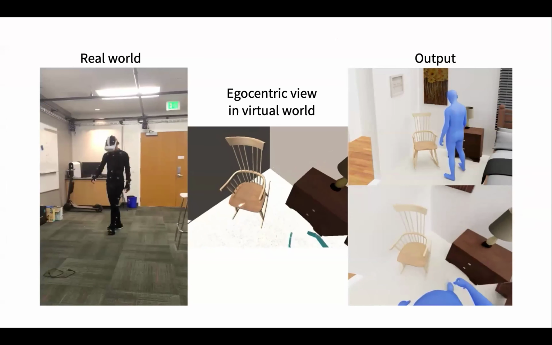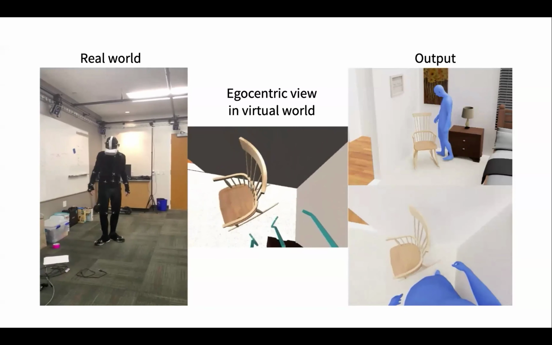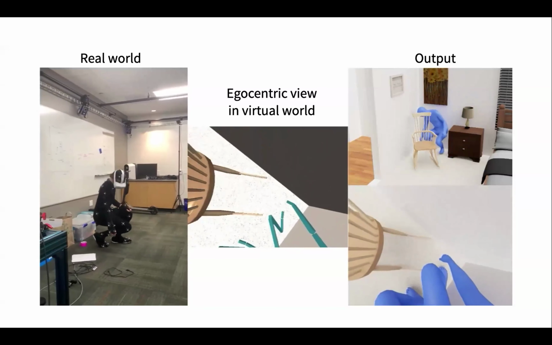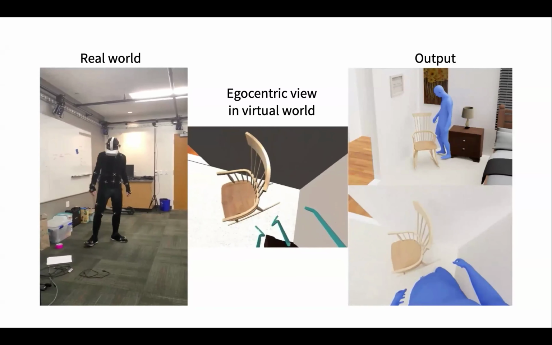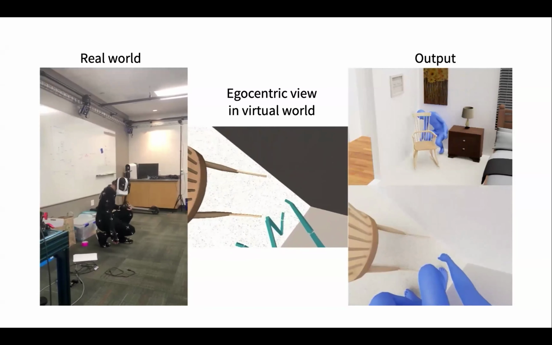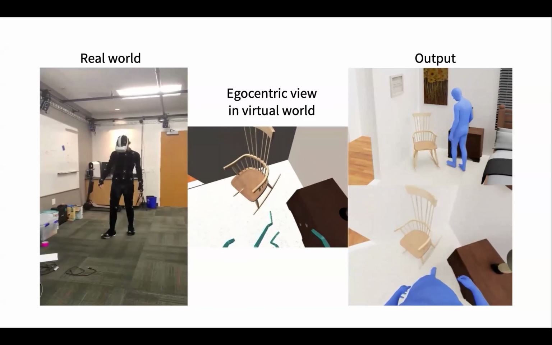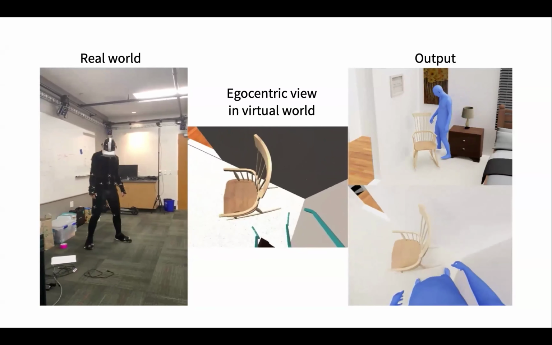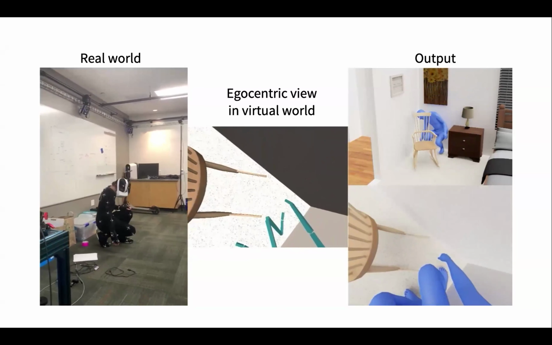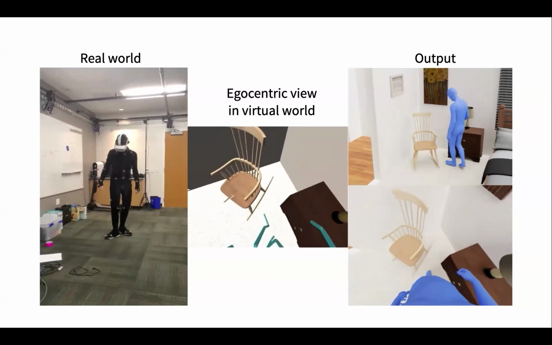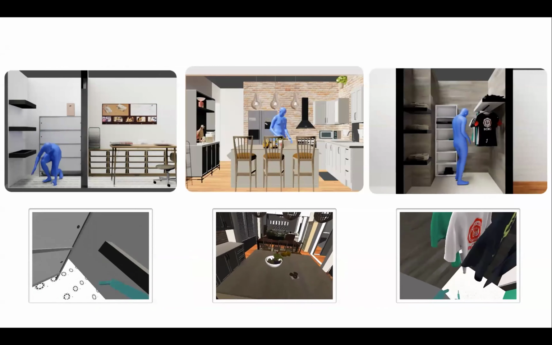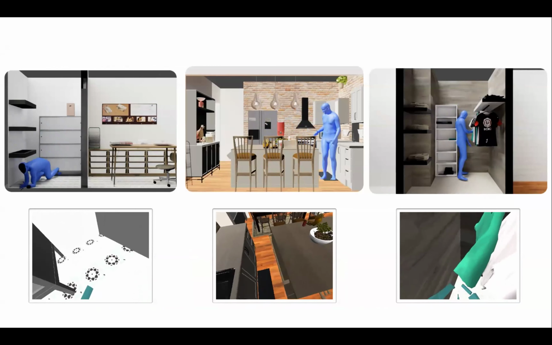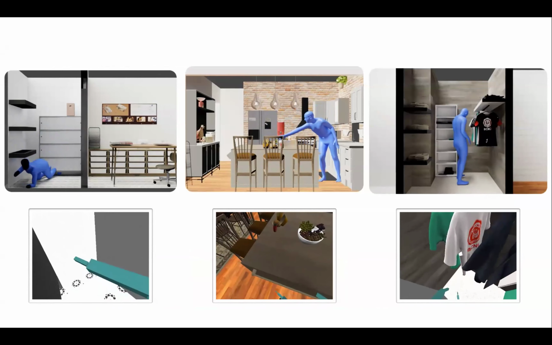And this is one session of contextual motion capture. You can see that we're capturing the subject in this collision-free environment, which is great because then we get very accurate 3D motion. At the same time, this is what the person is seeing, and that actually tricks the person into believing he is in this environment and trying to unplug something behind the chair. Okay, so we collected 10 hours of data. We call this dataset CIRCLE.